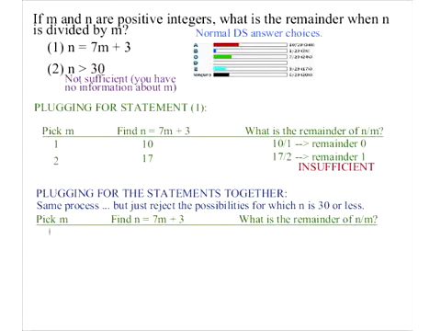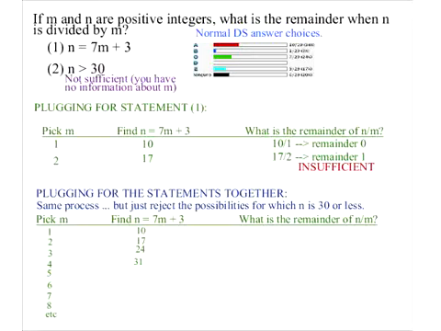Okay. 1, 2, 3, 4, 5, 6, 7, 8, etc. So if M is 1, 7M plus 3 is 10, that's too small, it doesn't count. That's 17, it's too small, it doesn't count. That's 24, it's too small, it doesn't count. Aha, 31,